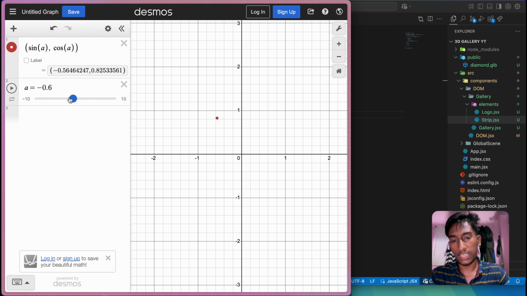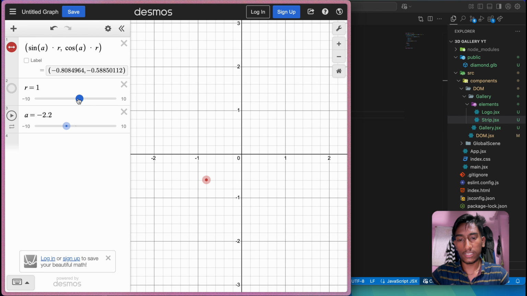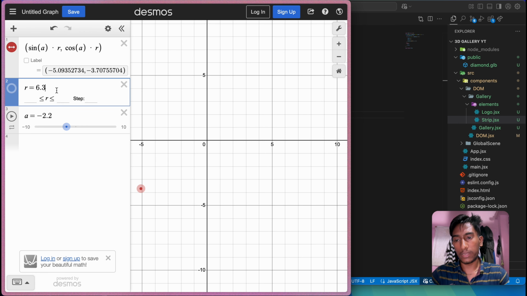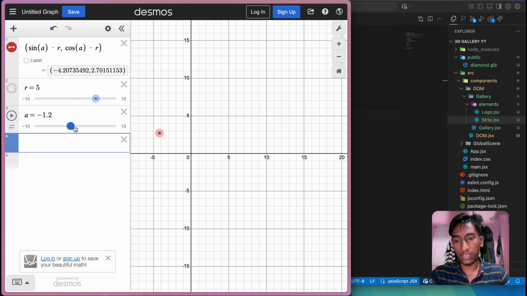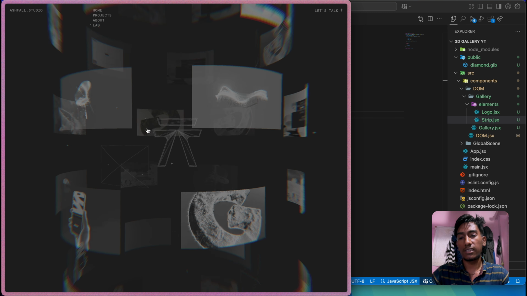We can also change the radius of it by multiplying with another variable r. So if I just change the r, you can see that this is also changing. If I just make it 5 for now, you can see the radius is 5 units. Yeah, so it's getting here. So we can use this formula. One coordinate will be sine of x and another coordinate will be cos of that variable.